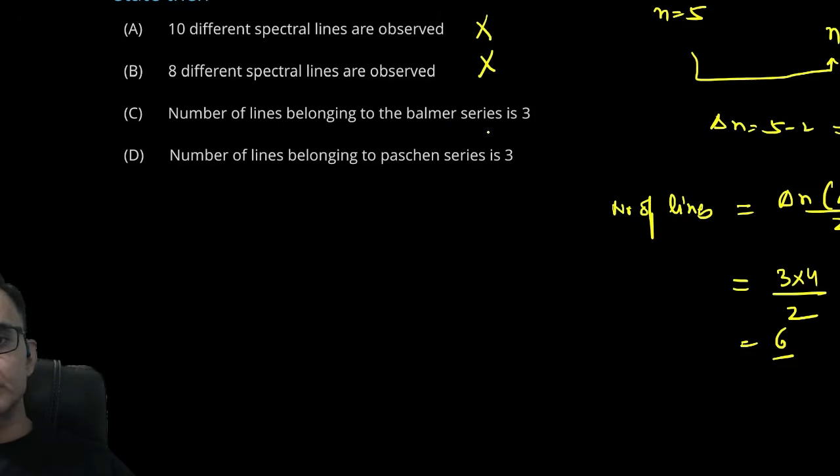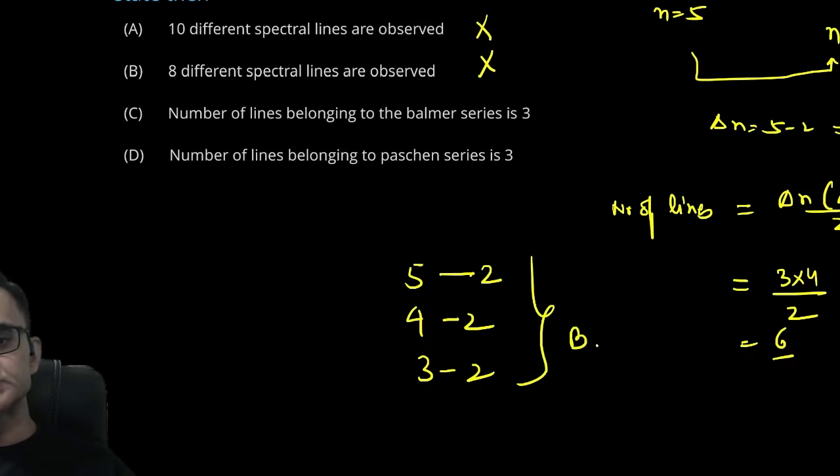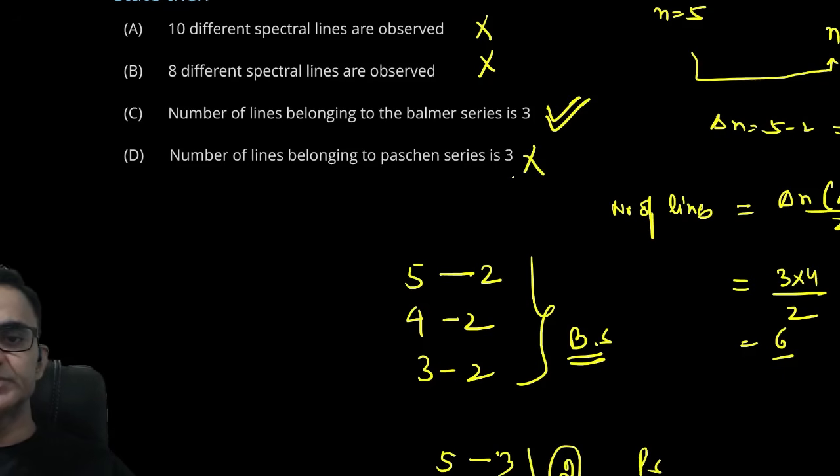ऑलराइट, अब इन्होंने बोला है नंबर ऑफ लाइंस बिलोंगिंग टू बामर सीरीज। पांचवें से ट्रांजिशन होगा तो 5 से 2, 4 से 2, 3 से 2, यही 3 लाइन है जो बामर सीरीज की लाइनें होंगी। तो ये इसका करेक्ट आंसर हो गया। नंबर ऑफ लाइंस बिलोंगिंग टू पास्चन सीरीज के लिए इनकी वैल्यू हायर टू 3 होनी चाहिए। तो 5 से 3 का ट्रांजिशन पॉसिबल है, 4 से 3 पॉसिबल है, तो केवल 2 ही लाइन पास्चन सीरीज की बनेगी, 3 नहीं बनेगी, तो ये भी गलत हो गया। ऑलराइट, सो योर करेक्ट आंसर इज सी।